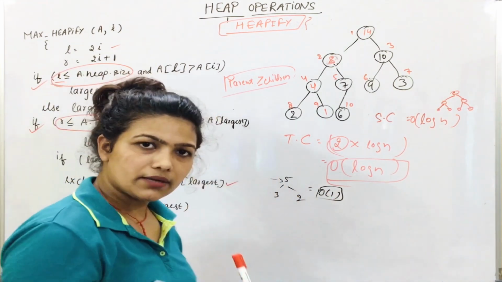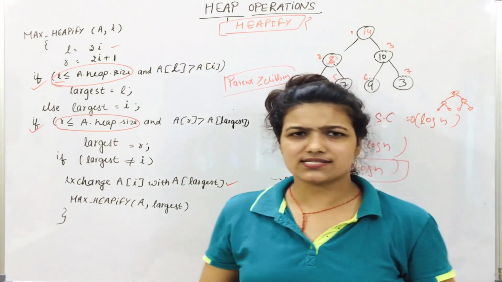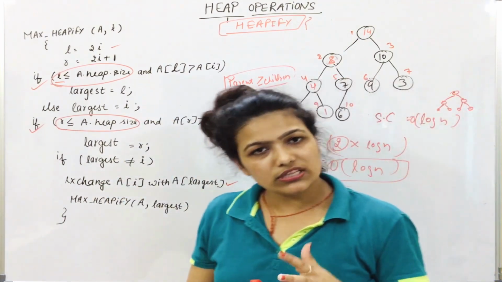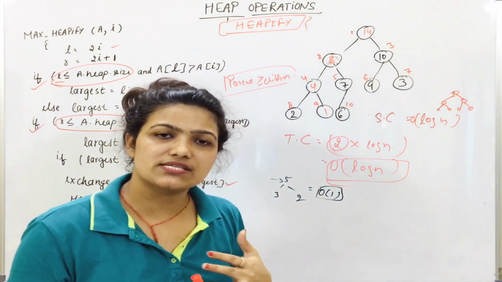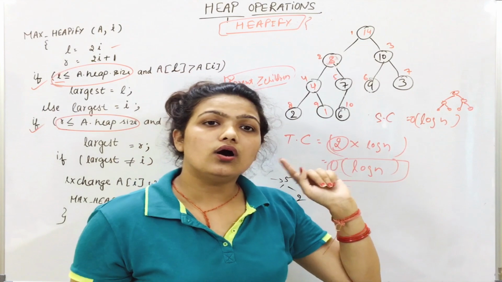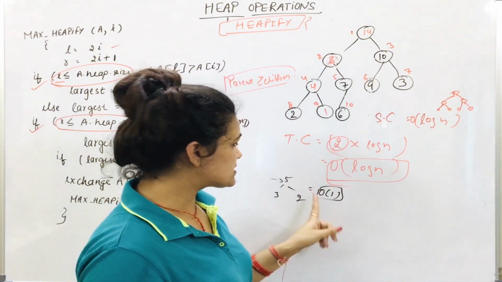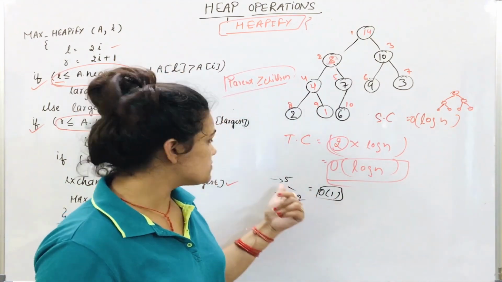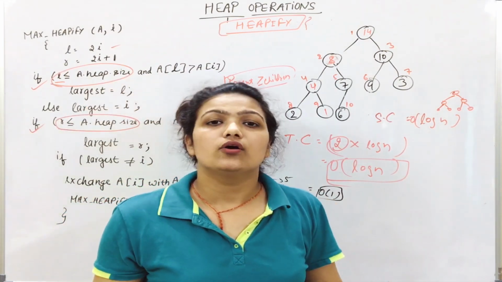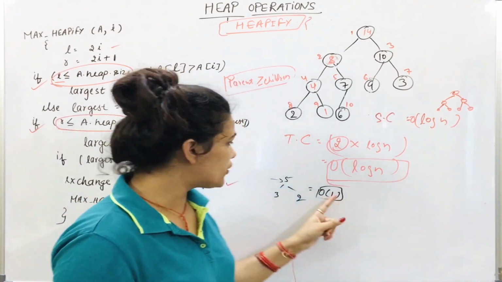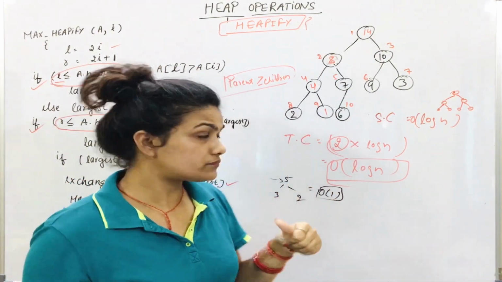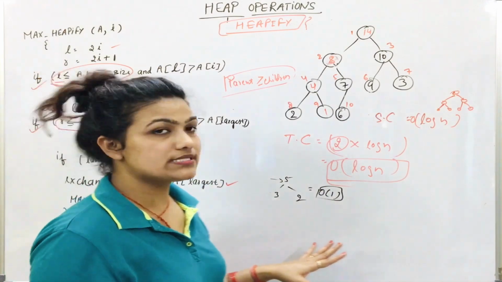So simply you can remember, and I will discuss them one by one, but for this time you can remember all the heap operations will take time complexity order of log n, and space complexity also order of log n. Only find maximum in the case of max heap will take order of 1, because the maximum element will be at the top. And if we talk about min heap, then find minimum will also take order of 1, because the minimum element will be at the top of the heap. Now the next operation we will see is delete max.